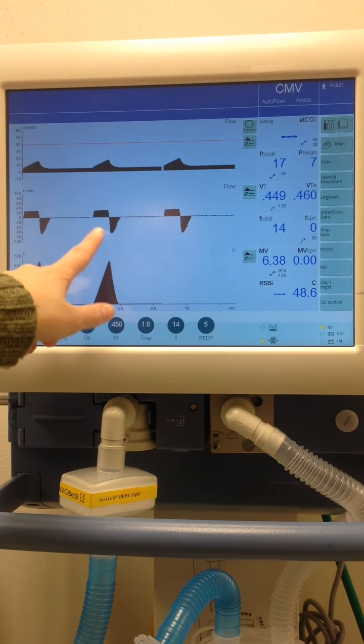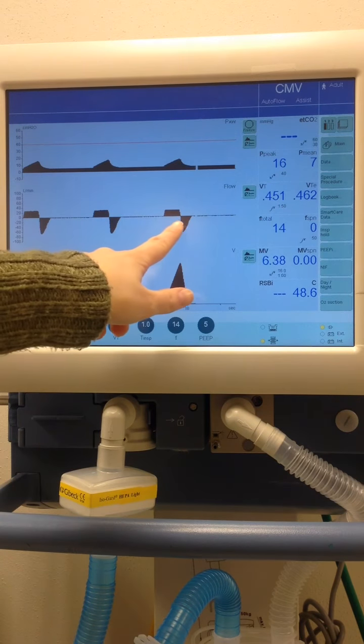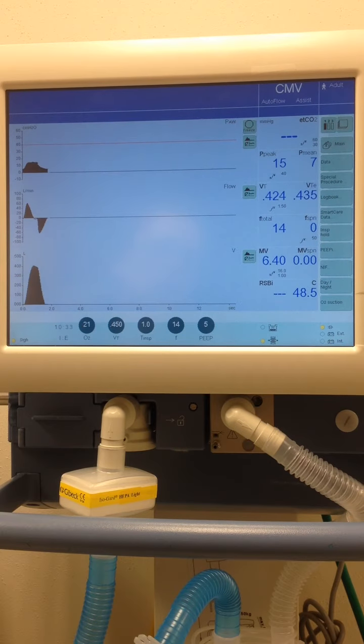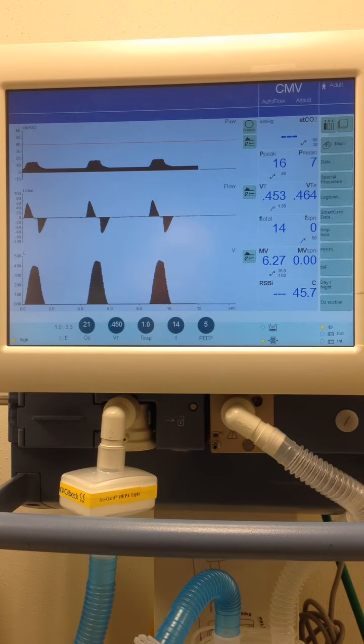we can see we had a volume breath. Oh, there's our volume breath. And now we will see that we're going to have a pressure control breath. So we see our flow waveform is now in a peak and not flattened like it was. So we gave that one volume breath, and now we're giving pressure breaths, and our tidal volume is honing in